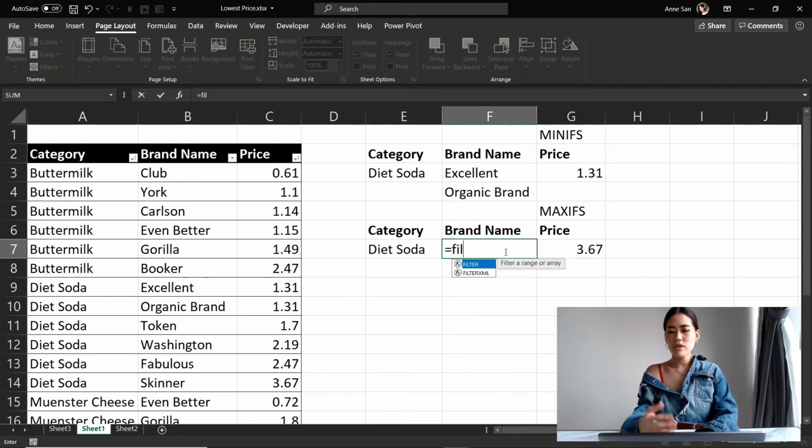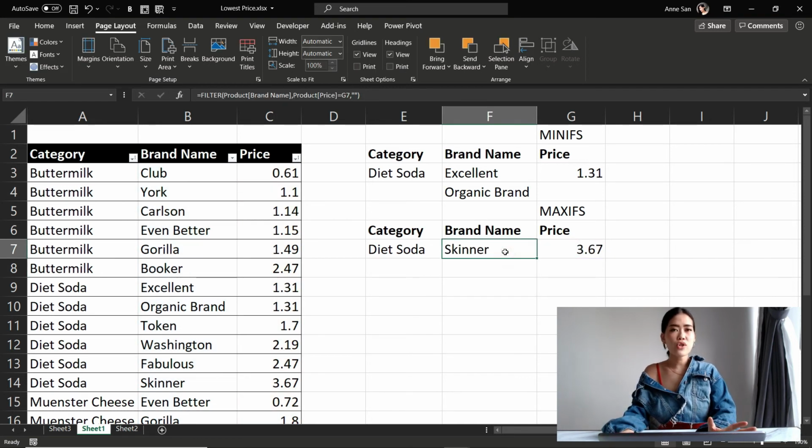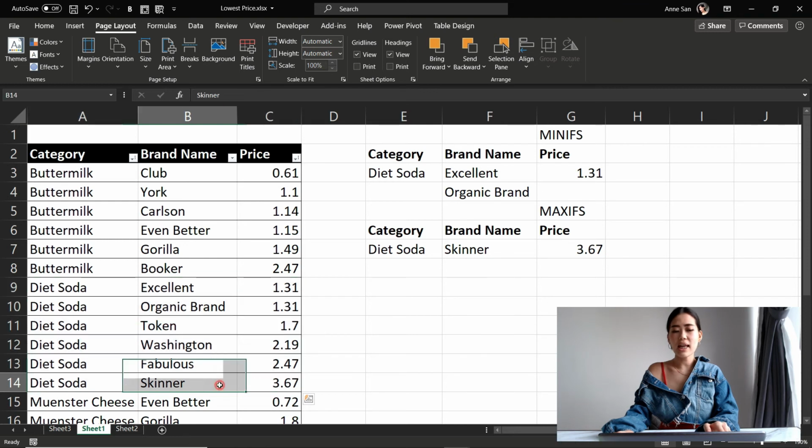And if I use FILTER, because I get curious and want to know which brand that is, the array that I look for is going to be the brand name, and make sure that the price is equivalent to my cell G7. Other than that, if there's no match, just return empty. When I hit enter, it says that in the diet soda category, the highest price that's ever offered is $3.67, and the brand is called